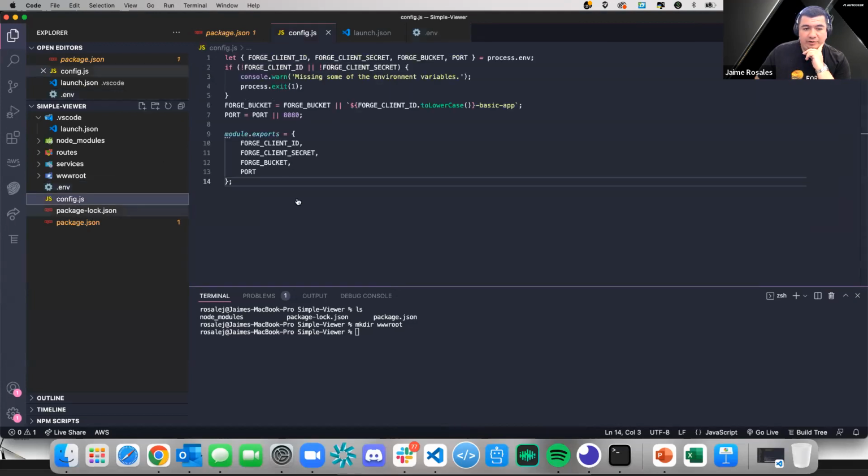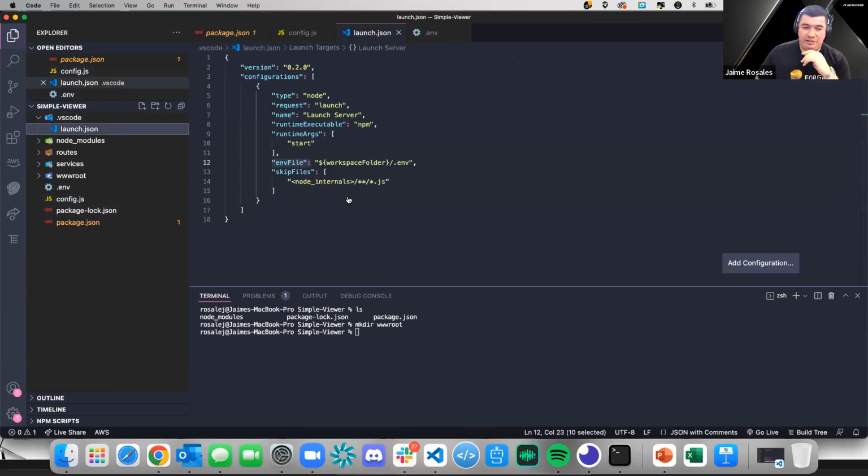And so whenever config.js looks for Forge client ID, these values don't exist anywhere, but our launch JSON will basically use an environmental file that will assign those values across the entire session. And then when it's running, those variables are going to be available within our